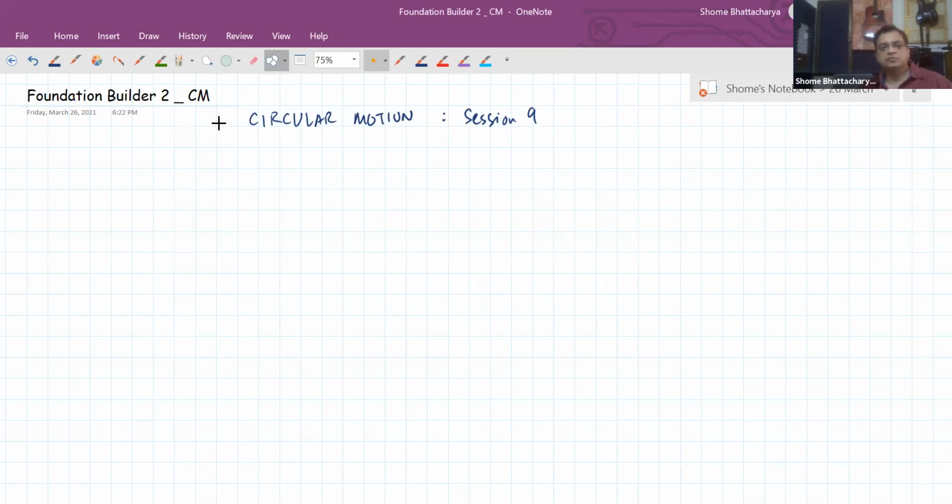Now, as I was mentioning, there are some variations to the vertical circular motion problem that we've seen with a particle attached to a thread. So we will look at